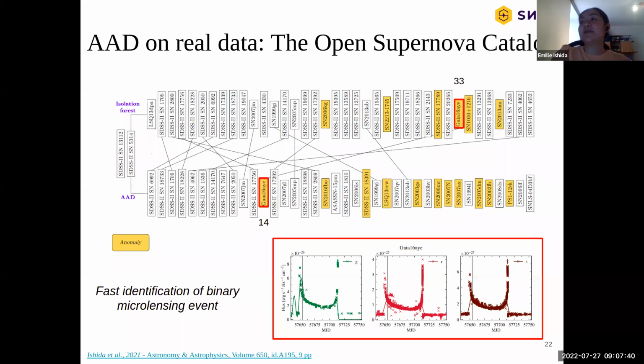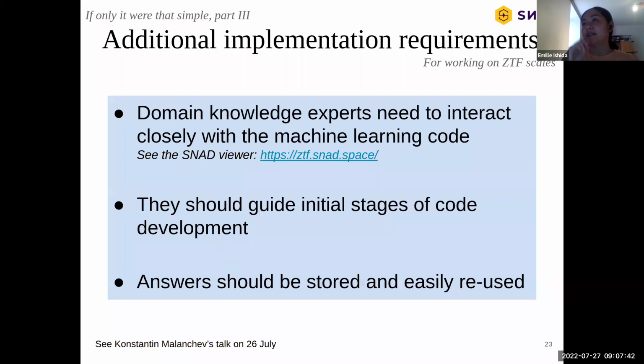So the point is that there are many problems with the unsupervised learning scenario, especially for anomaly detection. The first problem is that this requires domain experts who not necessarily are familiar with the code and what the machine learning is doing. They need to interact very closely. They need to be able to say yes or no, and this needs to be smoothly went into the training procedure. So we need a whole infrastructure that is necessary, and Konstantin also told you about this in his talk